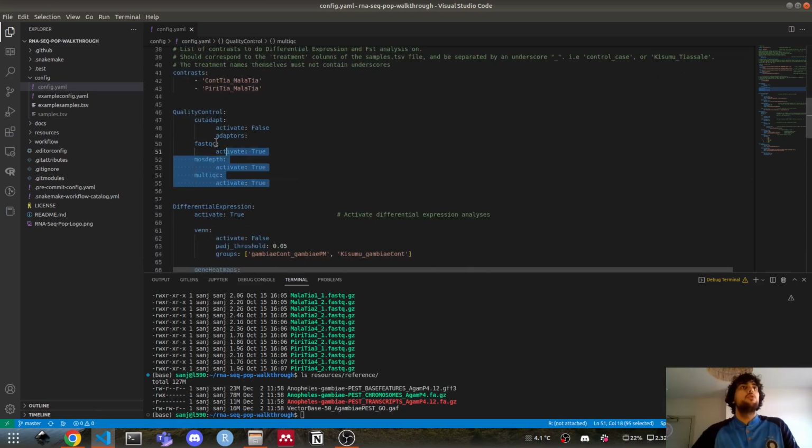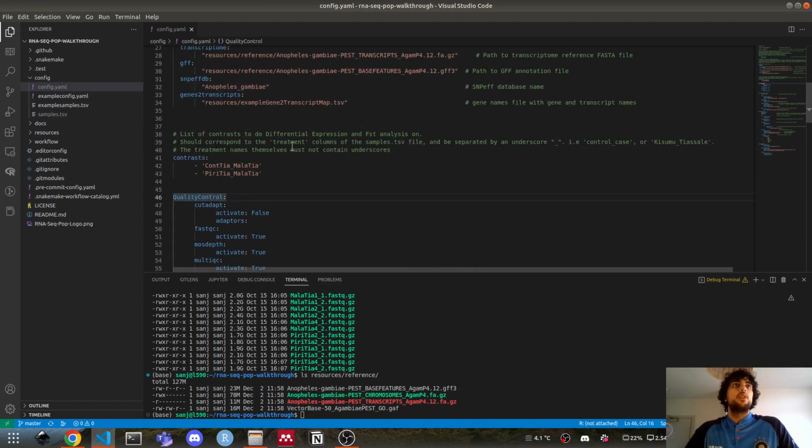Essentially, we have options to run various quality control analyses. The contrasts is a particularly important parameter, and this is when we're doing differential expression analysis or FST analysis, we need to compare two treatment groups. And so these are the different contrasts or comparisons that we'd like to do.